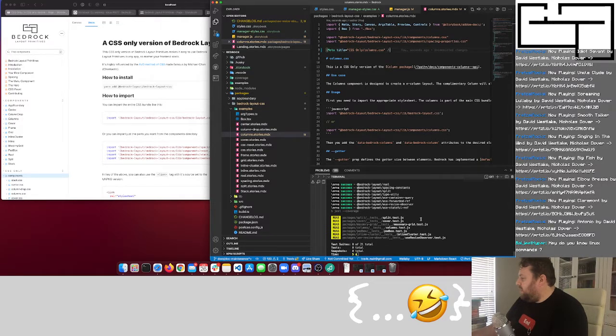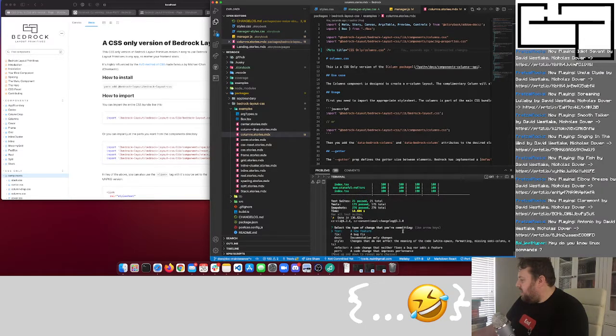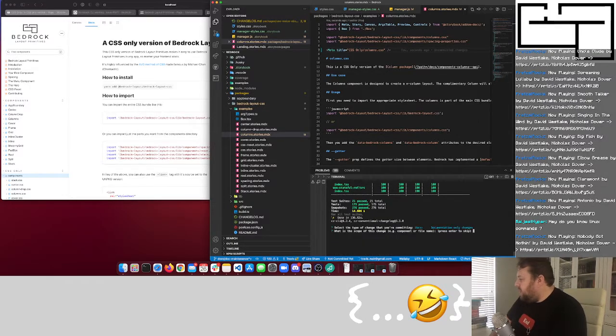It's running through all the tests, making sure the Jest tests pass. Really need to get an M1 Max so this all runs a lot faster. Okay, here we go. I also use Commitizen. This helps me follow conventional commits. And I'm trying to think, this is a bug fix. Oh no, but it's a bug fix with the docs. So let's keep it with docs change. Let's say doc